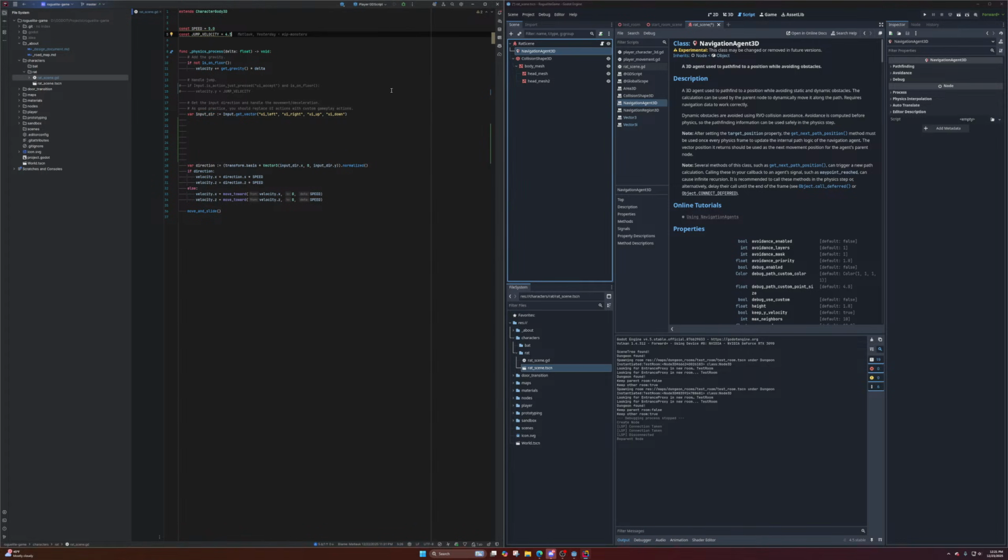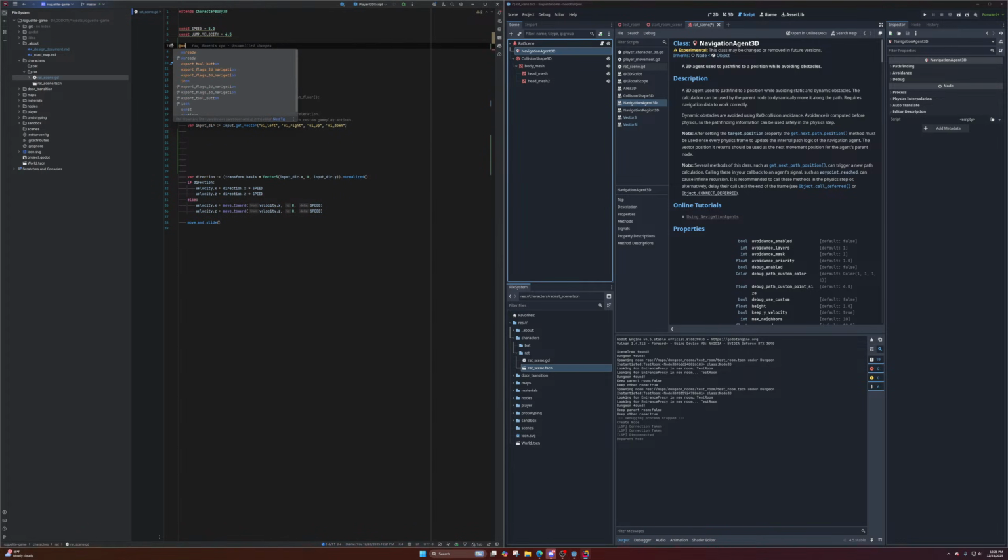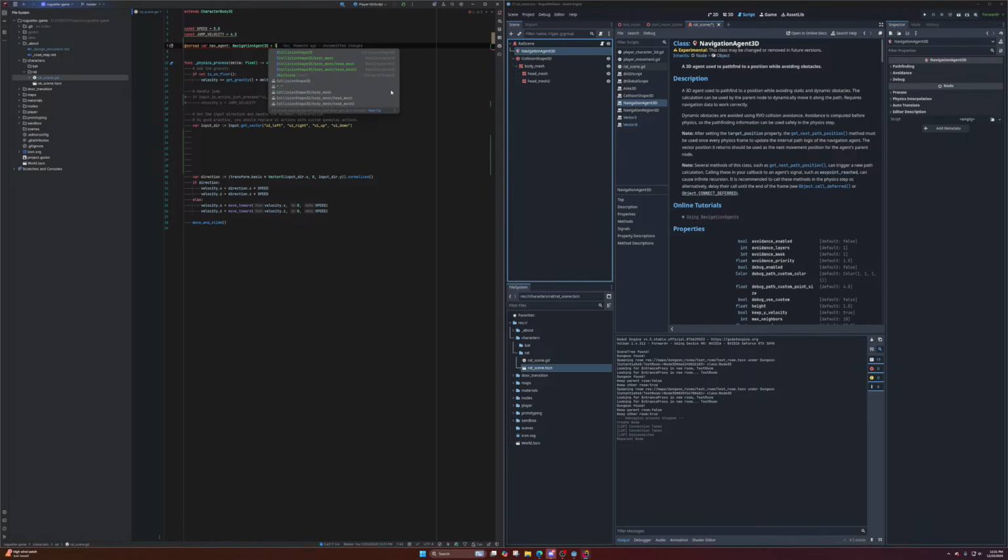We will add an @onready nav agent, and this will be the navigation agent 3D equals, I think it's, oh,